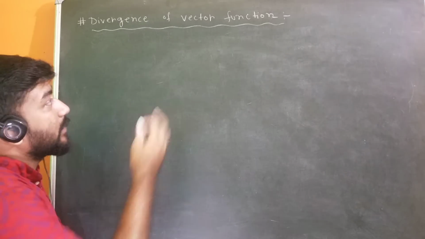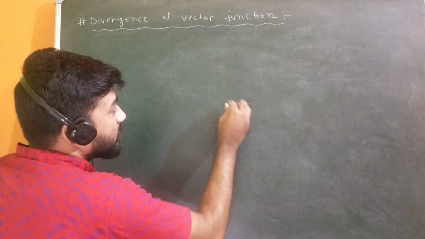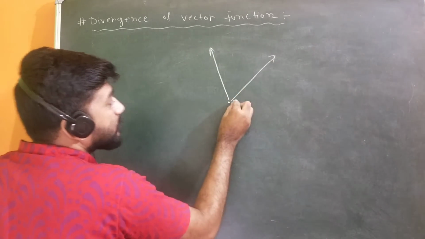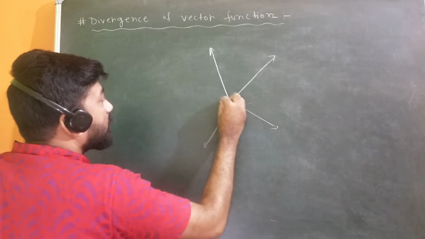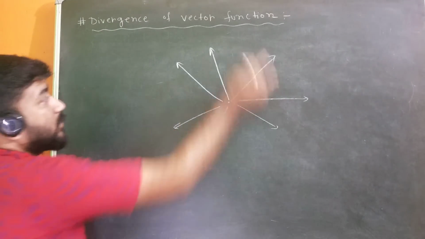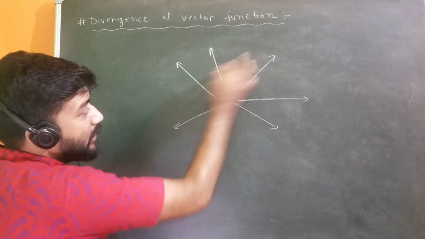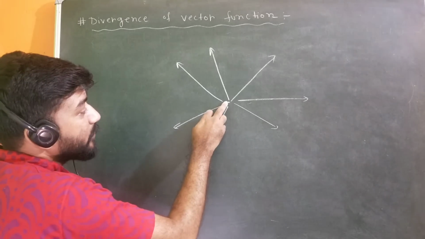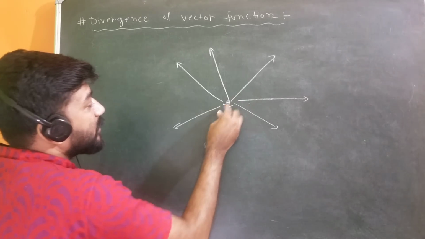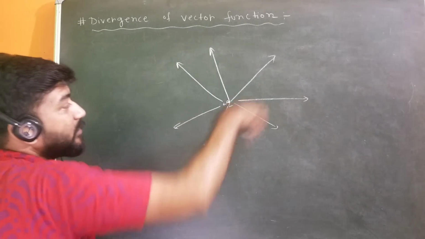The field, actually the vector field or the vector function, will be spreading out from some particular point. So if the vector is spreading out like this, here it means that the divergence is positive. If this is a vector field, you can call these the field lines. If this is the source of an electric field, then they are electric field lines. If here is a positive charge, then you know the field lines for a positive charge will be spreading out. So in that case, this will be the electric field.